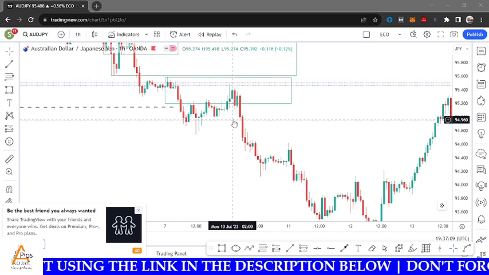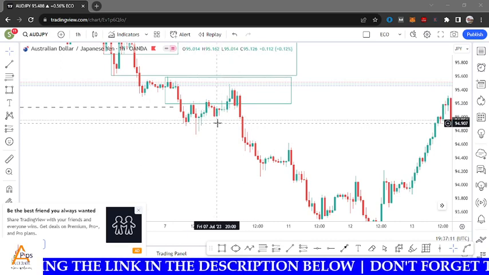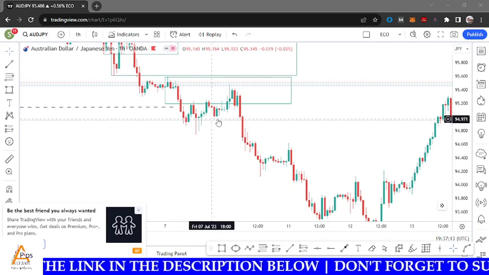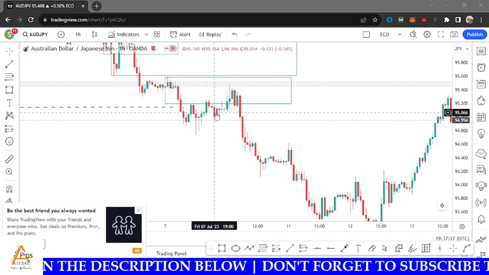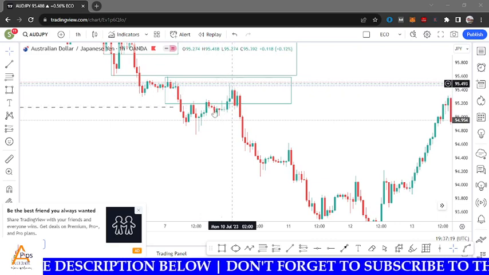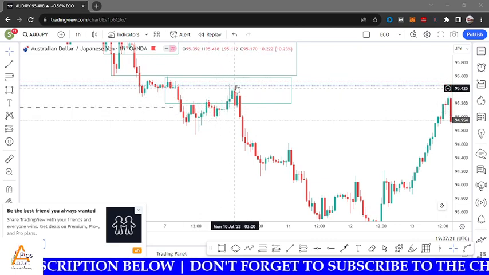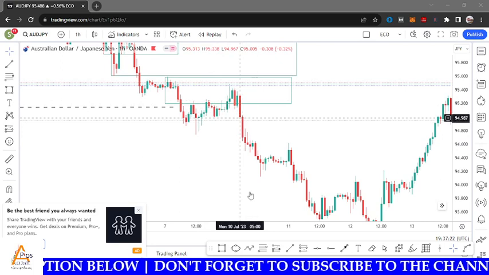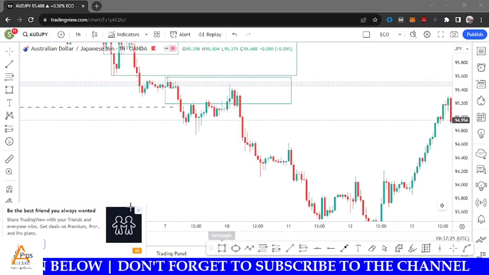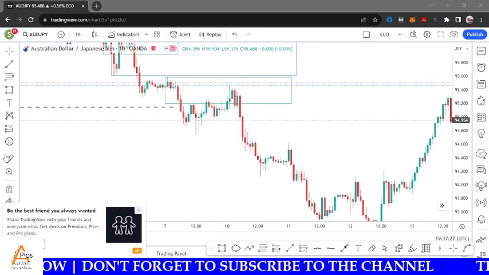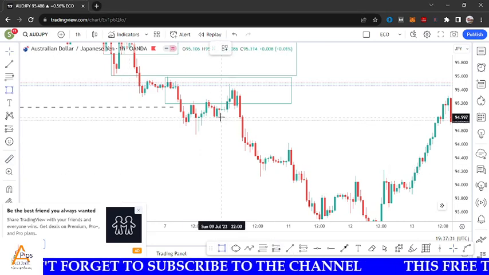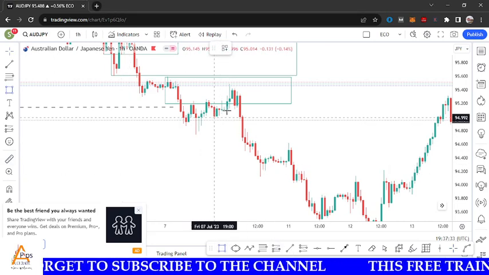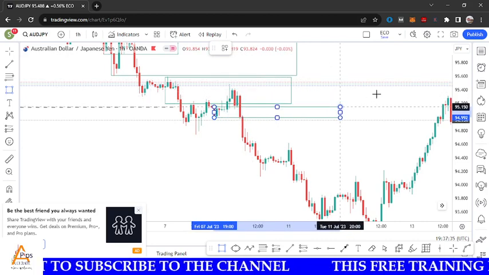So if we come here, we can see this guy over here took the high of this guy. So this move here is the last buying momentum before this sell, which means that becomes our new order flow. So we mark from the low here to